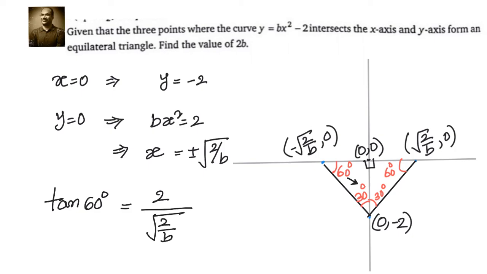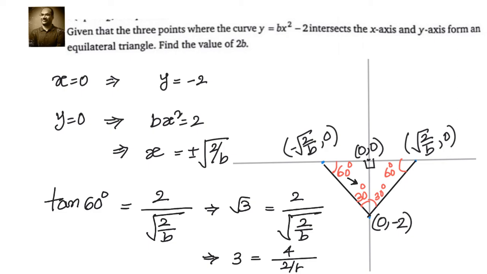Let us do that. We can write tan 60 is root 3. So I can write root 3 equals 2 divided by square root of 2 by b. Let us simplify that. We square it on both sides. We will have 3 equals 4 divided by 2 by b, or we get 2b equals 3. And what we need to find out is that only. So we can go ahead and pick the option if we have multiple choice where the answer is given as